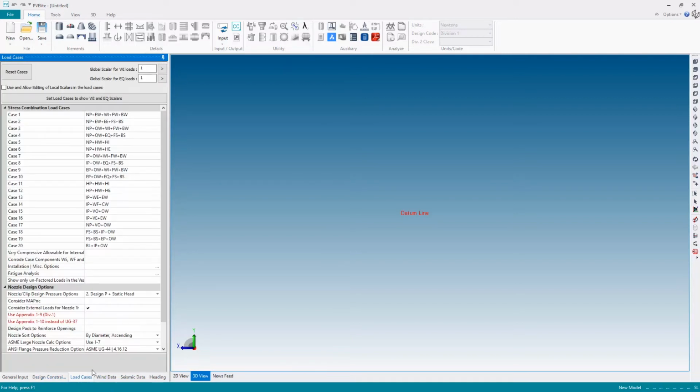And then on the next page, we can set up the load cases. These are the default load cases for the ASME Division 1 standard. If you choose EN13445, you'll get a different set of load cases, but these are the default load cases which satisfy the requirements of the standard, and these are combinations of the various different loadings. Of course, you can change these load cases and you can adjust the default load cases, and if you want